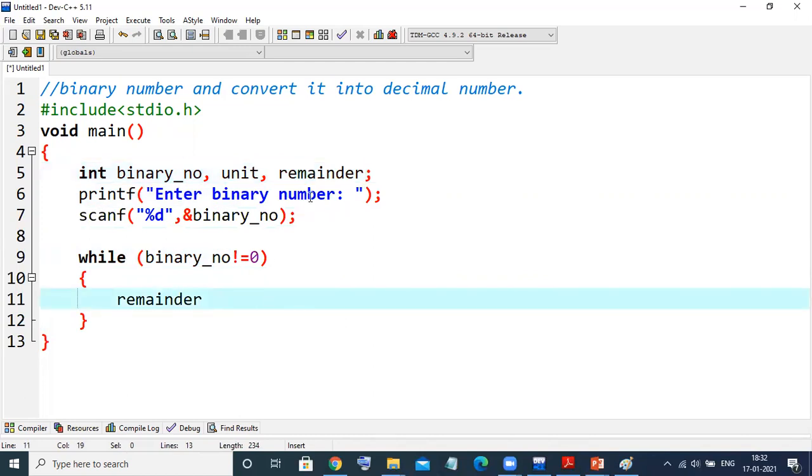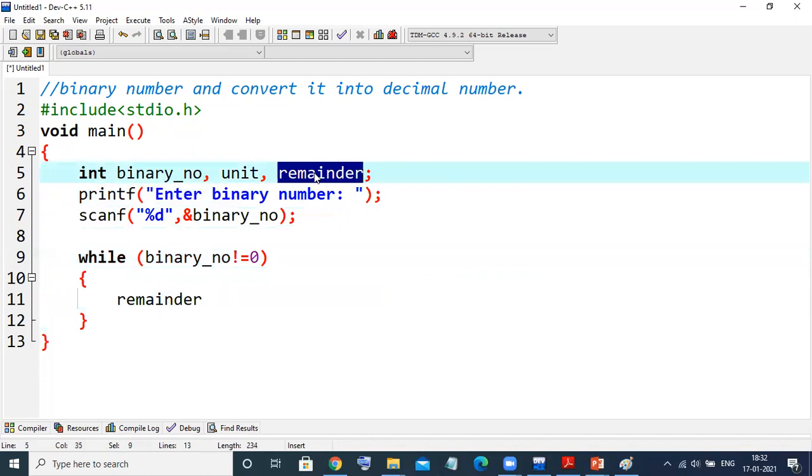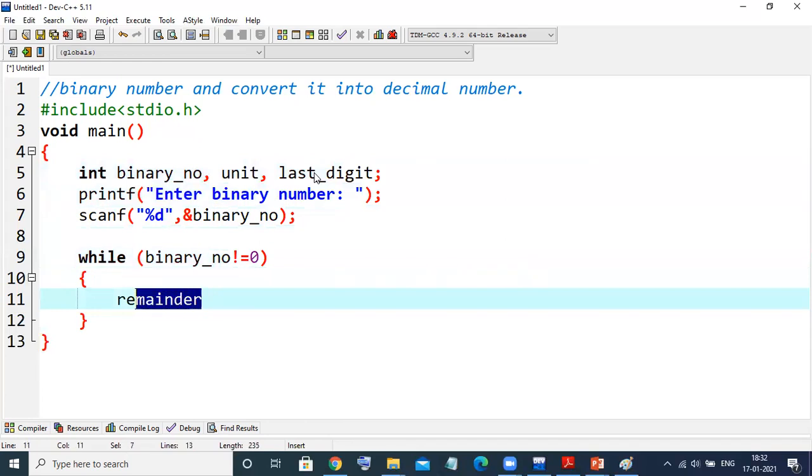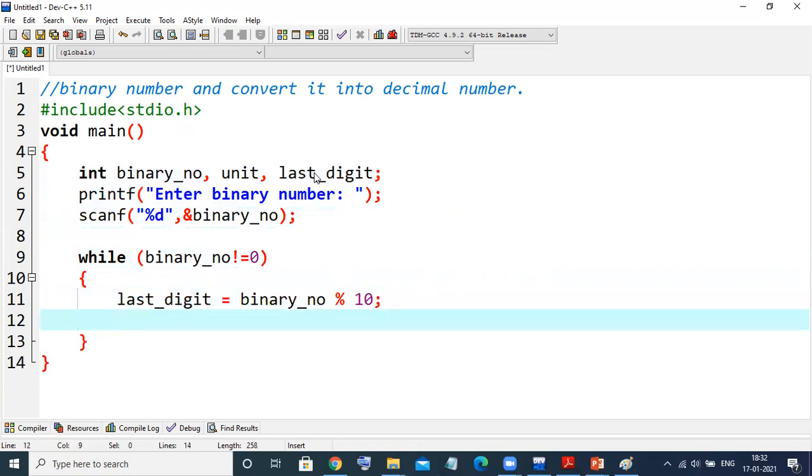For more clarity, you can take last_digit, which is better to declare. last_digit equals binary_number mod 10. If I do so, I'll get the last digit.